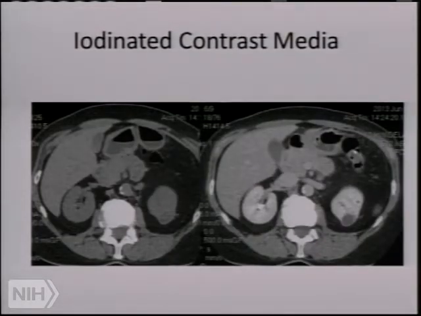And another side issue on CT is that we often use iodinated contrast media. That enables us to convert this image, which is obtained without intravenous contrast, into this image, which has much more nuances to it. You can actually see vessels within the liver. You can see within the kidney, the collecting system, a cyst here. You can see the inferior vena cava and the aorta. And so there's much more information that can be derived from a contrast-enhanced image than from a non-contrast enhanced image. So this was a big development.